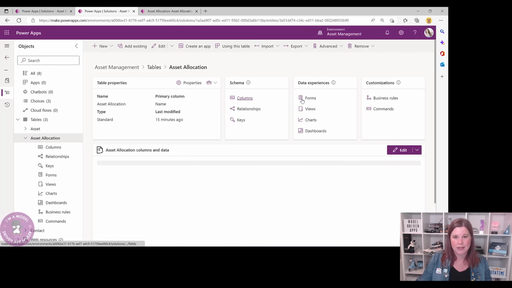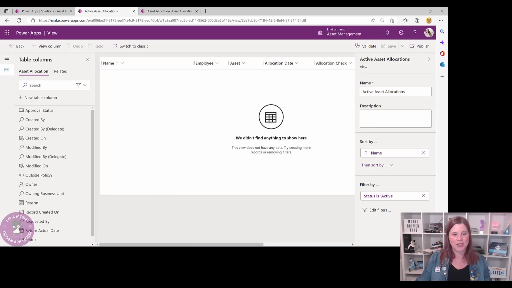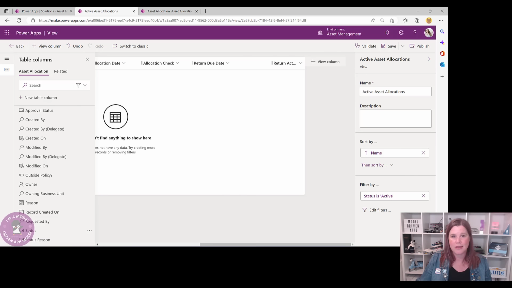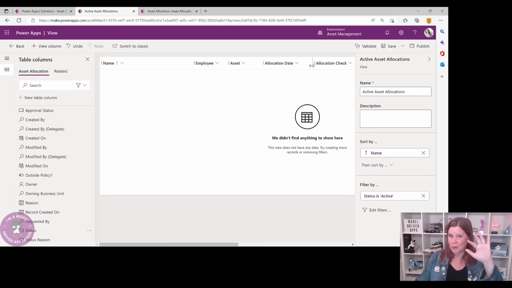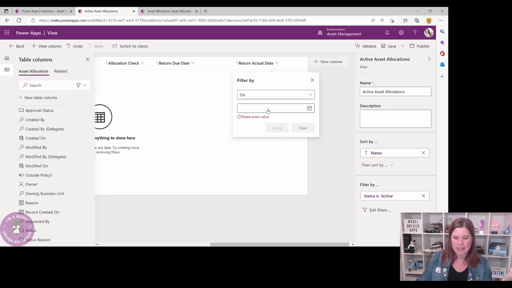allocation and the view here, and we do need this column in here because we're going to filter by this one, because what we want for our active asset allocations is the ones that are still in progress, so they've been allocated and not returned yet. So if I put my return actual date in there, then once someone's actually entered that in there, we want it to drop off this list. So this is where we can use filters really well to go in and say, let's filter by and say that this one